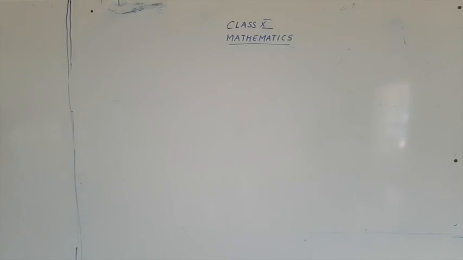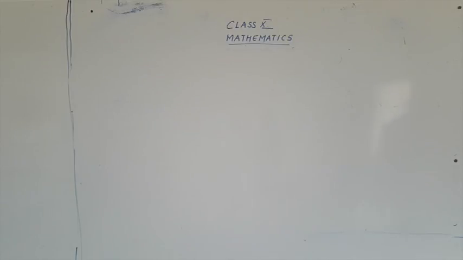So now, today we are going to see other operations. That is, we are going for addition and subtraction of rational expressions. Under addition and subtraction, you are going to see two types. That is, addition and subtraction of rational expressions with like denominators and also with unlike denominators. So now let's go for our class.